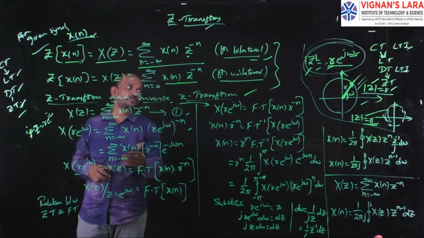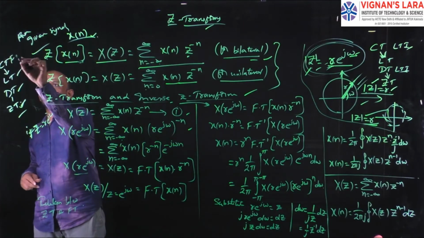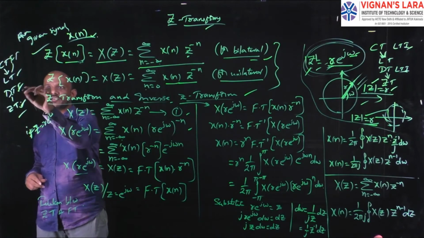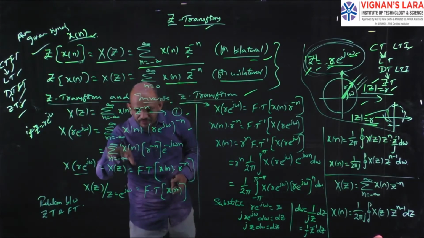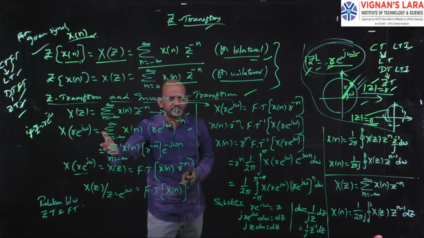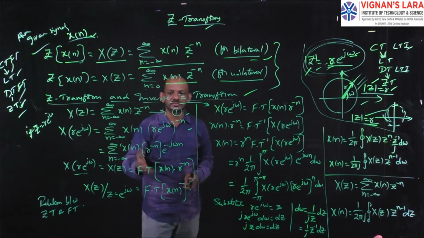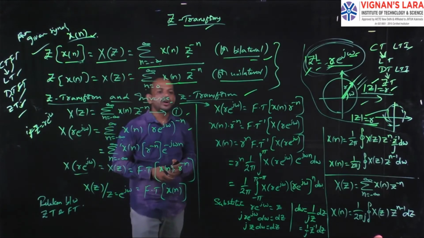So here I am going for the discrete time Fourier transform. Continuous time Fourier transform led us to the Laplace transform, whereas the discrete time Fourier transform leads to the Z transform. This is the formula for the discrete time Fourier transform. I simply write Fourier transform because the Z transform is for discrete time signals only. So this is the discrete time Fourier transform of x of n into r to the power of minus